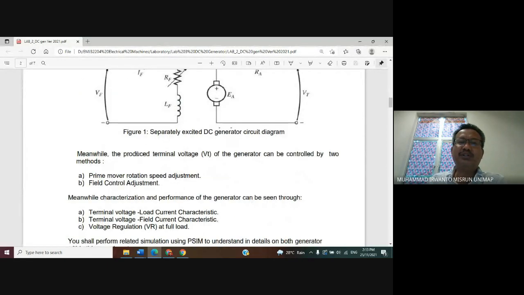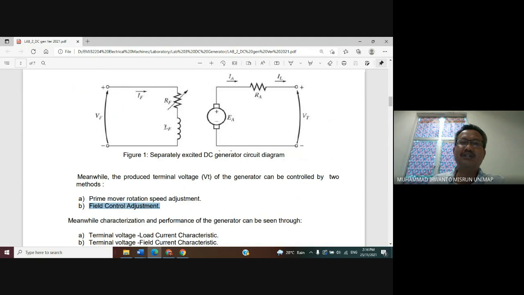Now, the terminal voltage VT of the generator can be controlled by two methods. The first is prime mover rotation speed adjustment, and then field control adjustment. Field control adjustment means the current flowing through the field winding, the field inductance.